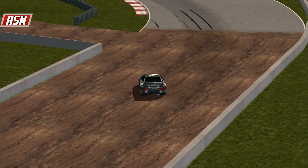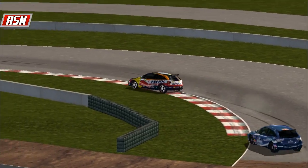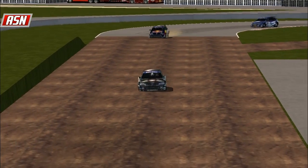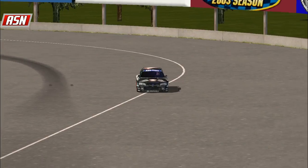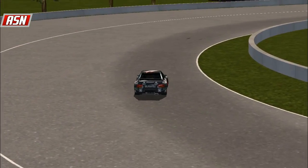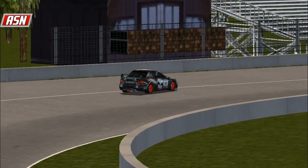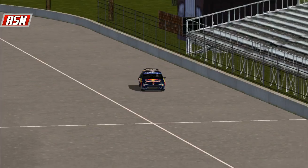So Paul trying to pull away. He took his Joker, and this should seal it for him due to Lambert's issue. We don't know what happened, but I have a decent guess. Rear brake lockup on the Volkswagens. We know they've had that for a while. And rounding the final corner, it's going to be Caleb Paul winning heat number 3, followed by Brandon Lambert, who